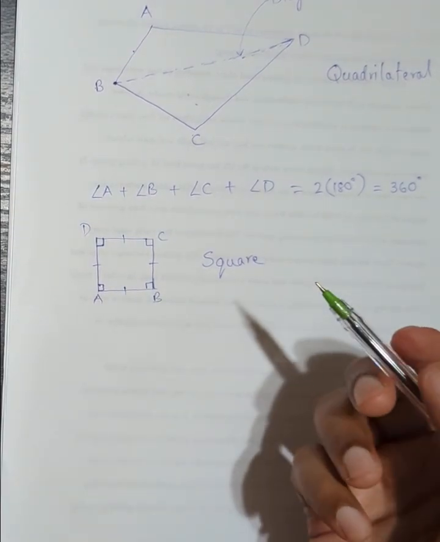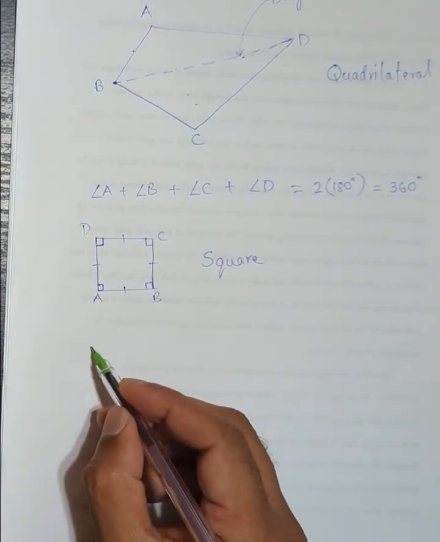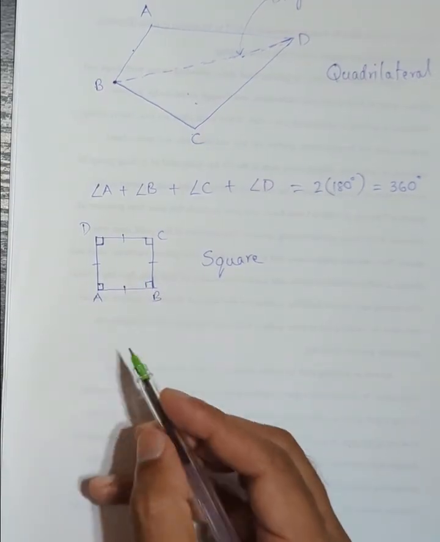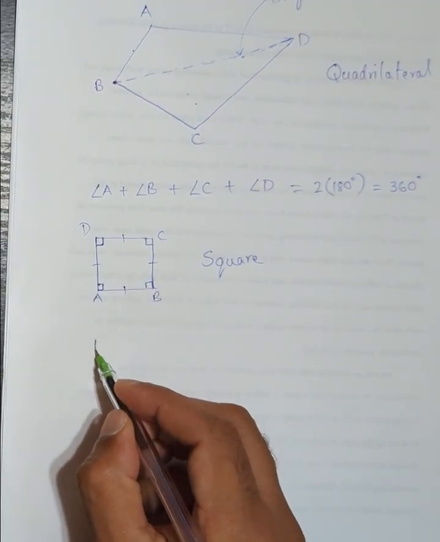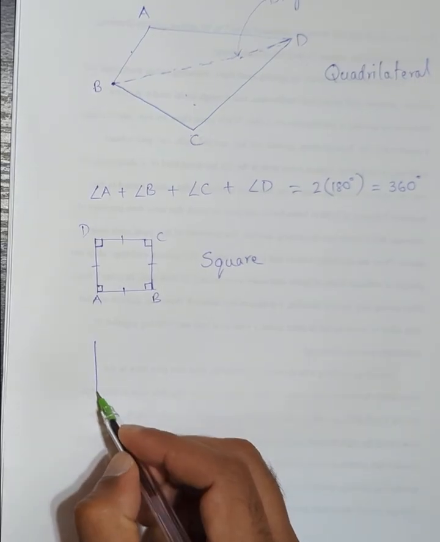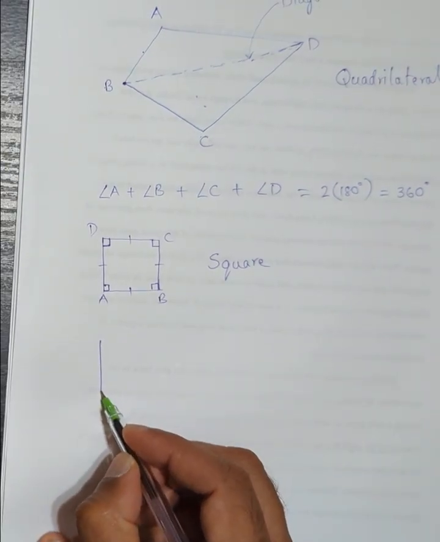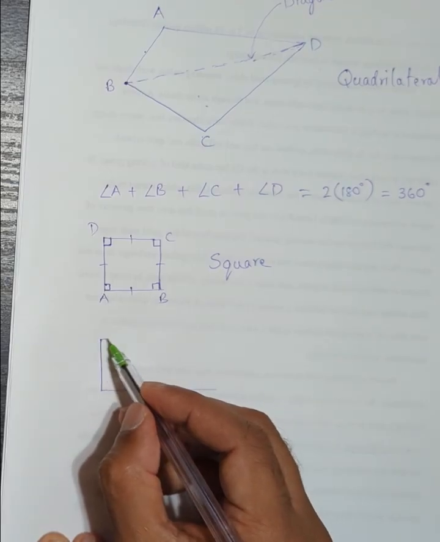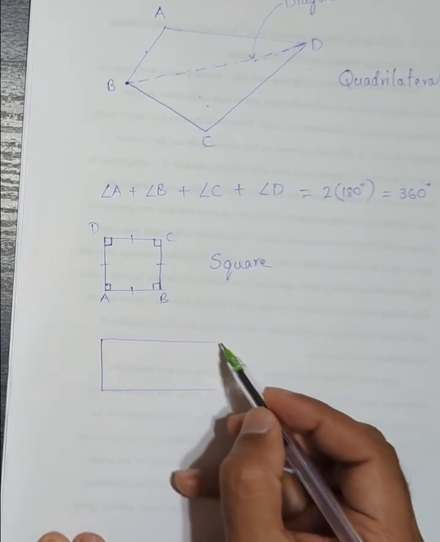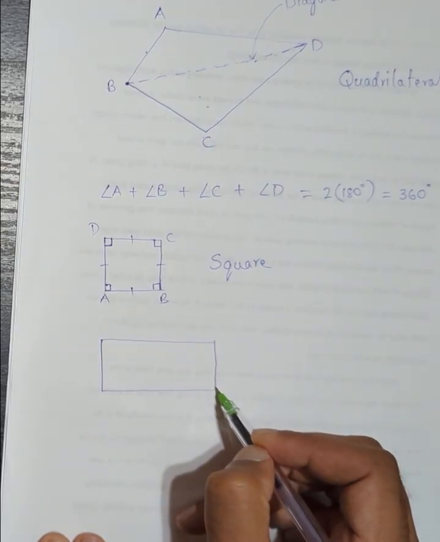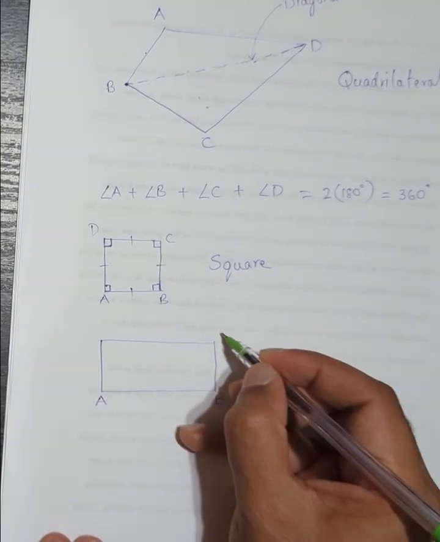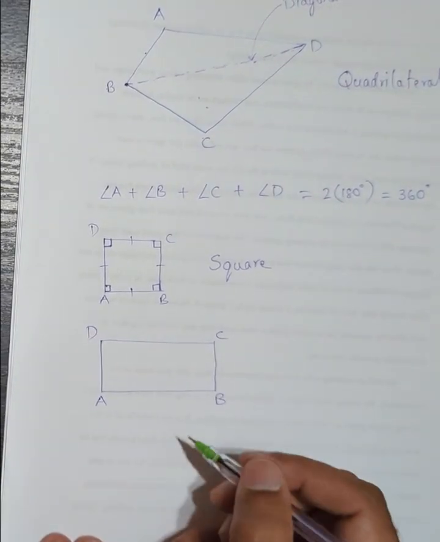Now let's draw another quadrilateral where we don't have such a nice quality, but we have most of the qualities there. So this time what I'm going to do is make two of the sides longer. So it's not a square anymore,